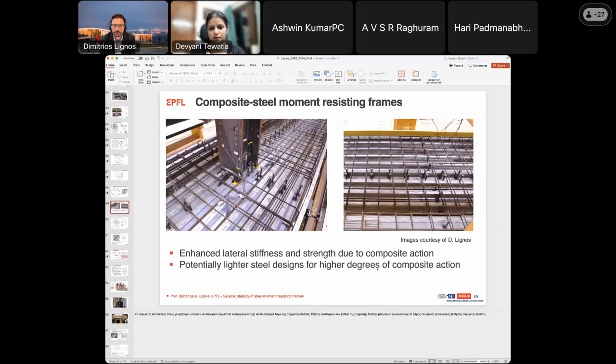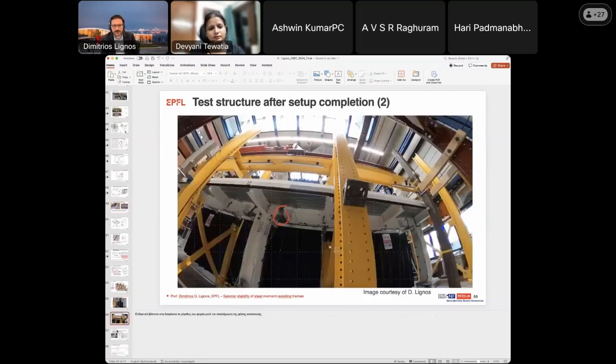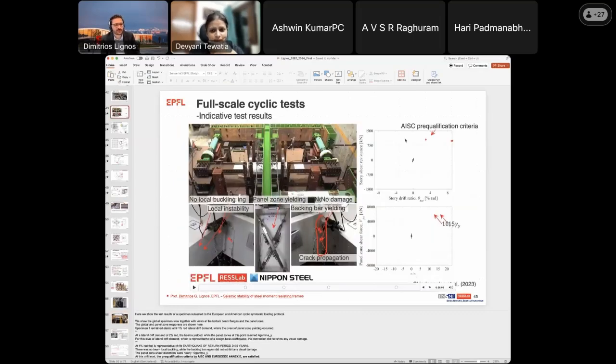Okay, so the next question follows it. If we are allowing inelasticity in the panel zone, then what will be the possible ways to retrofit it post-earthquake? And also, how easy will it be to do it practically? Yes. So I was expecting this question. This is a good question. So I think the way you should think about this is that if you allow inelasticity in the panel zone,